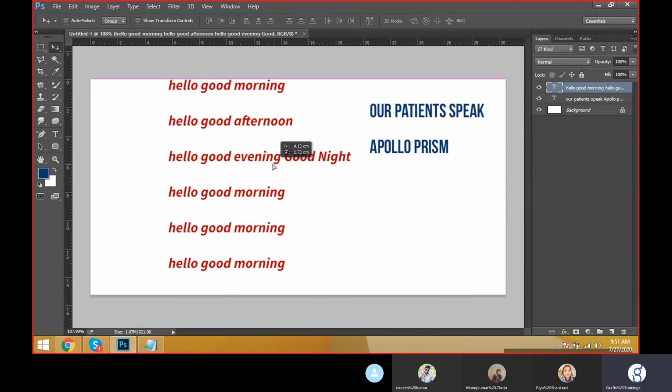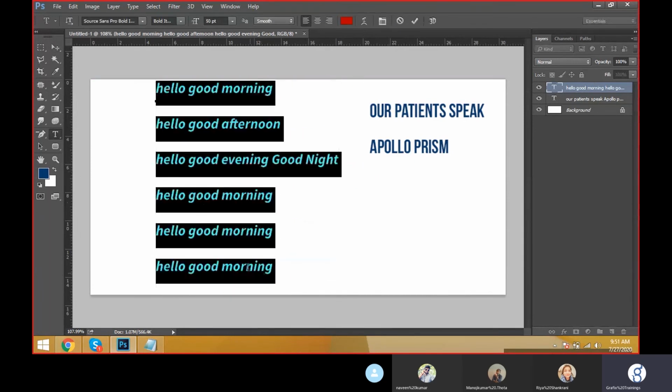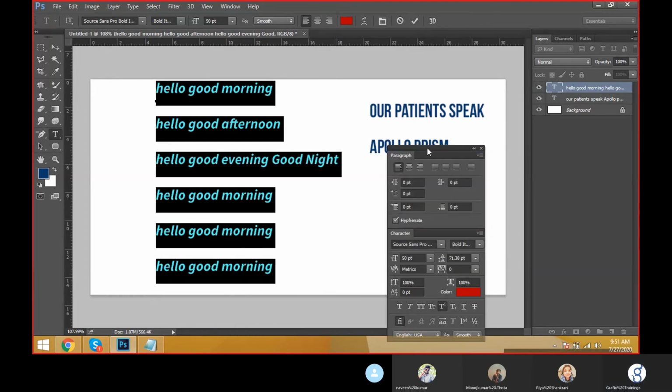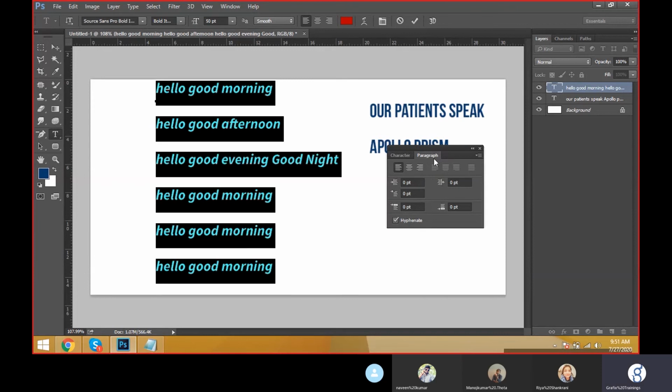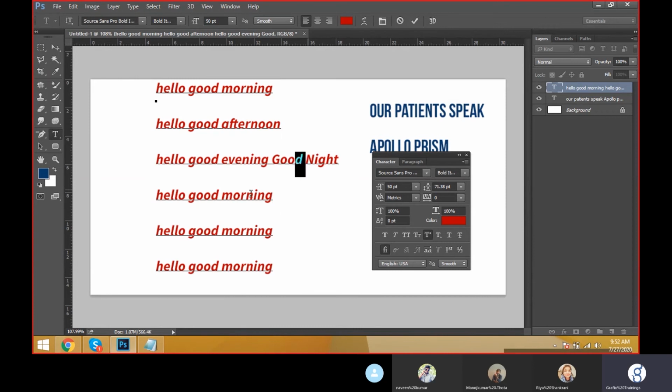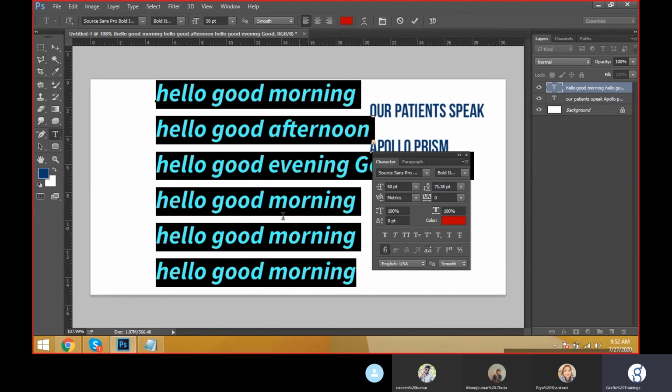Sir, everything is clear. Then what is this? The line gapping, the line height is not good. This we call leading, and this we call tracking. Select the character panel. This is the character panel. Now I am seeing completely artistic text only, friends. This is a single line only, not a paragraph. This is artistic text. Select the artistic text.